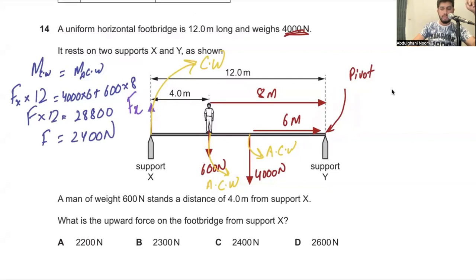Achha. So there was this first question that says, what if we made support X the pivot? अगर आप support X को pivot बनाते हो, आपके पास Fx की वैल्यू तो नहीं आएगी. What you can find instead is Fy. ठीक है, that is the answer to the first question. क्योंकि उन्होंने Fx कहा है तो हमें दूसरे वाले को pivot बनाना पड़ेगा. अगर हमें ये force on Y पता होती तो हम कहीं पर भी pivot बना लेते, wouldn't have made a difference. लेकिन Fx फिर भी नहीं बना सकते थे.